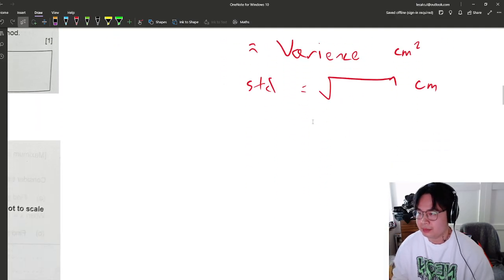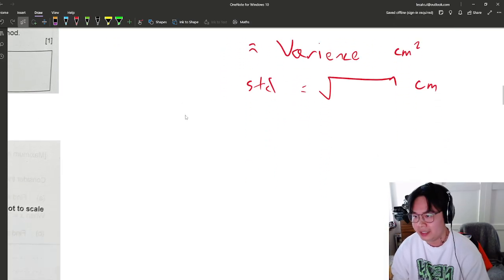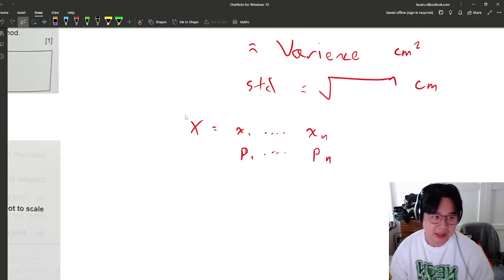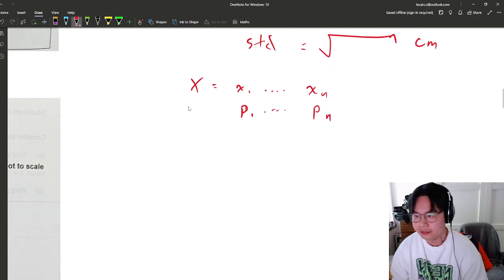Let's say you have a random variable x, and it has different outcomes, x1 all the way through xn. And these have their own probabilities, p1 all the way to pn. Then the formula for variance,